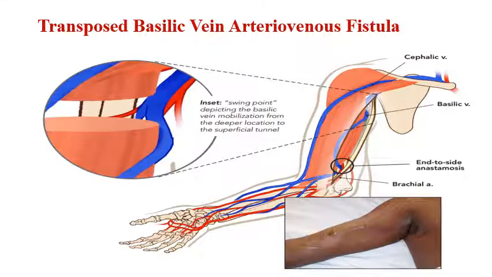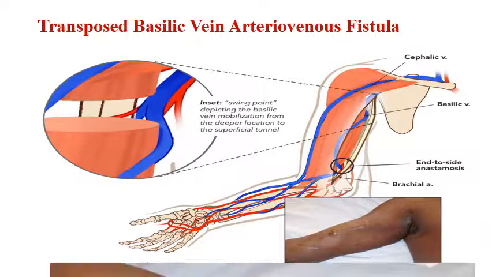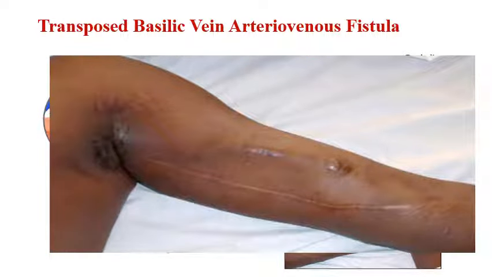Then the basilic one. The picture shows the scar of the operation, which is at the medial aspect towards the axilla, and above it there is the vein. This one is an enlarged one. Here this is the scar of the operation, you can see it, and this is the vein where we can connect the needles.